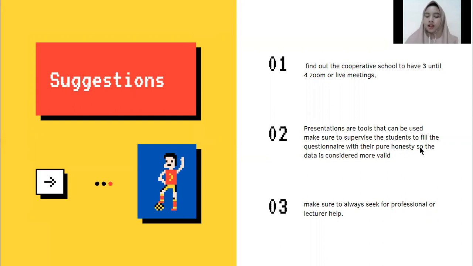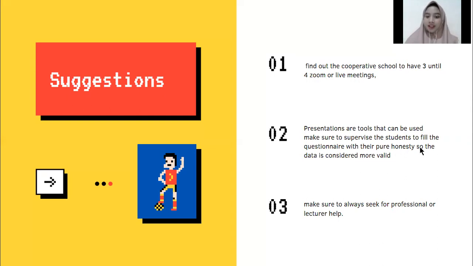So I could not conduct the pre-test and post-test using Zoom, and I couldn't watch or supervise their filling of the pre-test and the post-test. That is why probably the science aspect was kind of messed up,